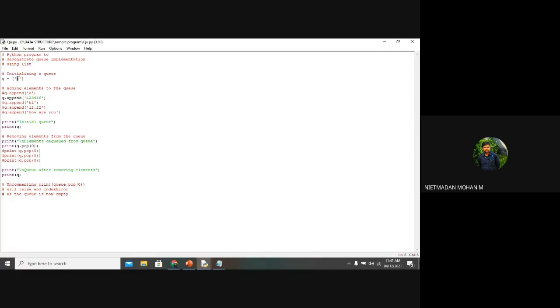Clear? So likewise, you can also insert an element to the list in the main creation of the list itself. So there is no problem. If you are thorough with this, so I am going to use 3.14. So what is meant by 3.14? It's a pi value, right? Yes, sir.